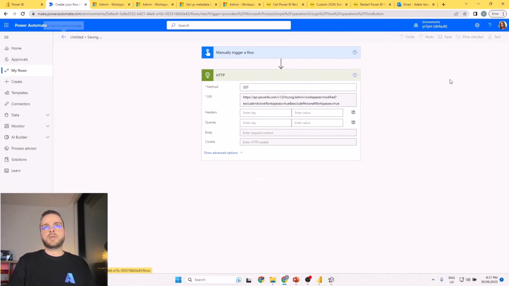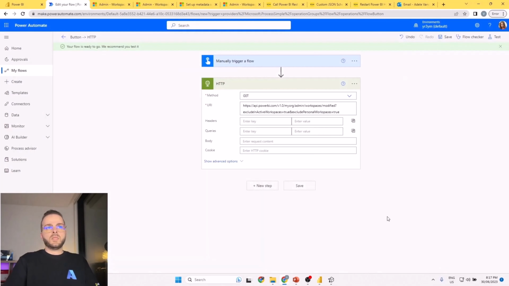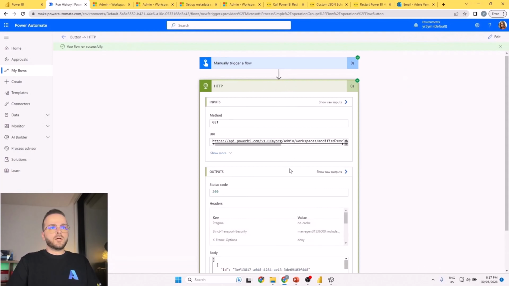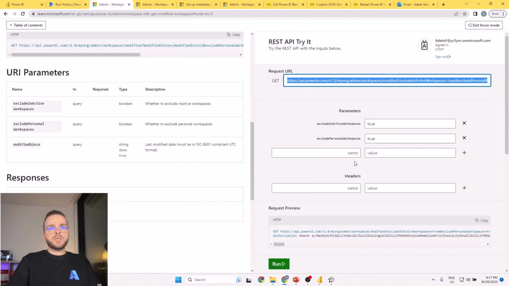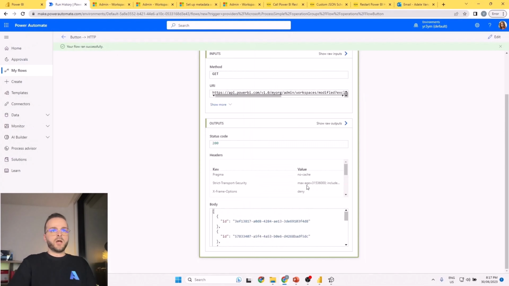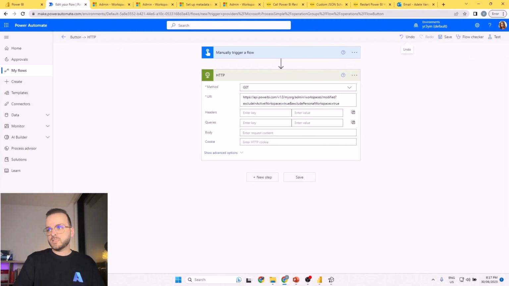So let's run it. Save this one first and then test it. Test this one, and the output is okay. The output is the same as what we received from here: all the IDs excluding personal workspaces and excluding inactive workspaces. So that's the first step done. So the next step